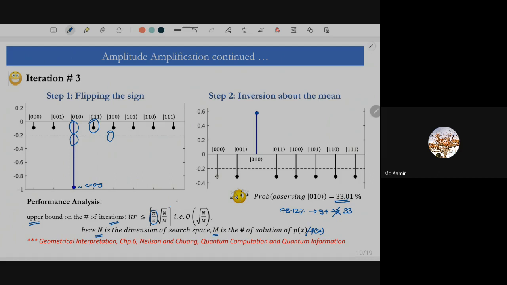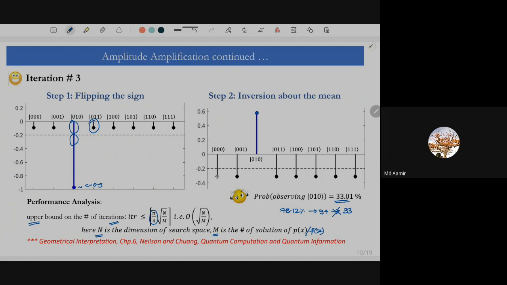So if we try to calculate the whole thing, this will give you 2 for n equals 8. For n equals 8 and m equals 1, we'll get something around 2. So we have to keep some criteria and stop somewhere, because we can't do this forever. If we try to run this flipping of the sign and inversion about the mean forever, then we'll not get